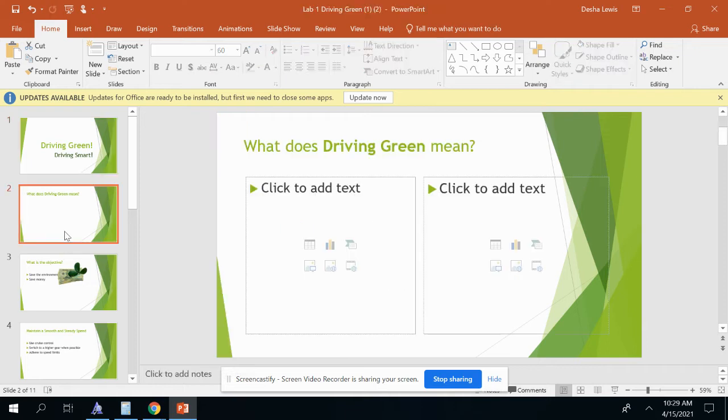Next, we're going to go to slide 2. On slide 2, we're going to create a bulleted list. So on this side, you'll notice that there are what we call placeholders. So these rectangles are placeholders. We can add in tables, charts, pictures, videos, etc. We are going to add in a bulleted list. So we're going to click to add to our list